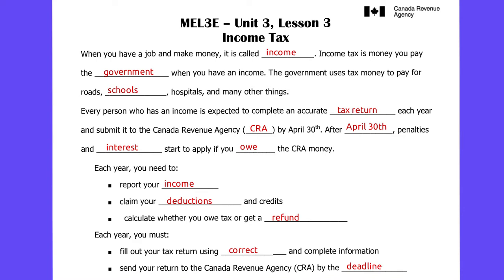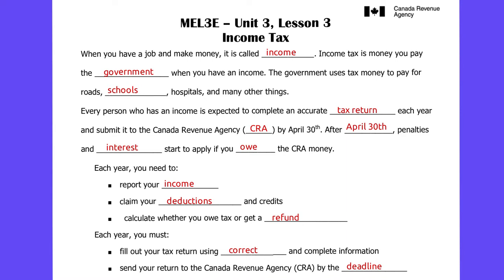When you file your taxes each year, when it comes back, you could find out that you either owe money or you are getting a refund. If you file late and you happen to be someone who owes money that year, they'll start to add on interest. So the sooner you pay, the better, because the longer you wait, that interest is going to keep adding up. Instead of paying, let's say, the 500 that you originally owed, it'll eventually be 550 or 600. So that's why it's really important to do it on time, so you can find out right away if you owe or not, and that way you can pay right away.